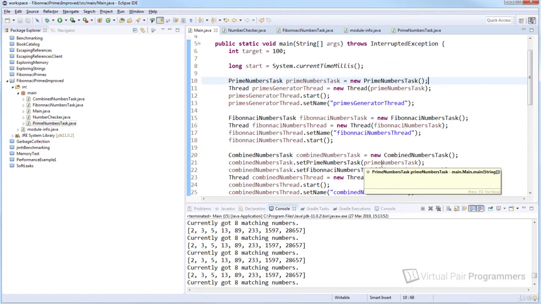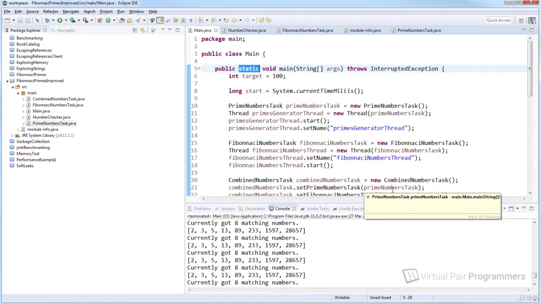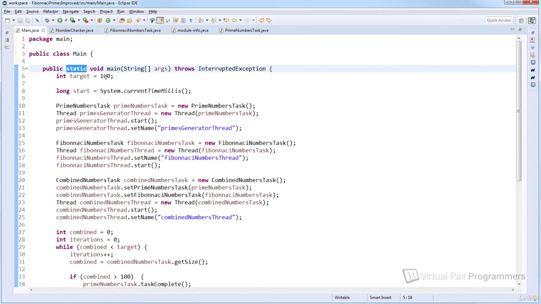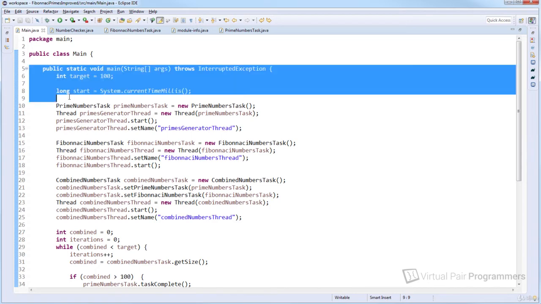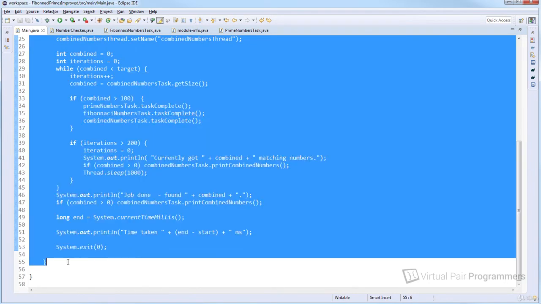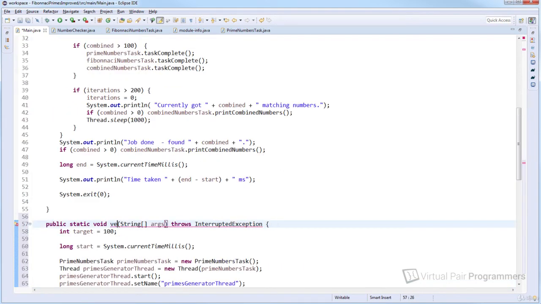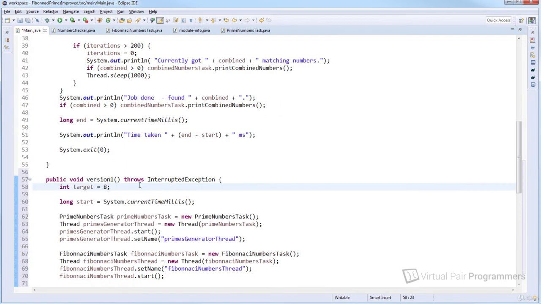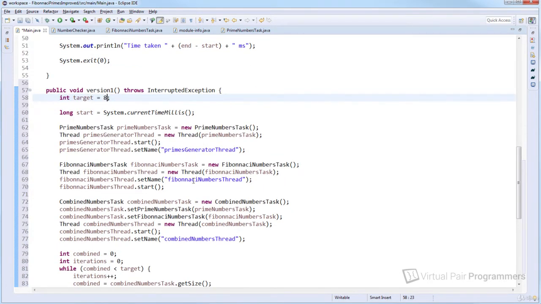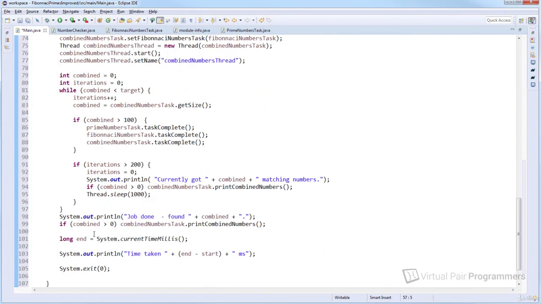So I said we want to create two versions of this main method, and actually this doesn't need to be static anymore because we're going to be instantiating it from JMH. So what I think we'll do actually is leave this as it is, but let's create some versions that aren't static that we're going to call from JMH. So I'm going to copy the whole of the method, and we'll create version 1. So we'll call this one version 1, and we don't need the word static in there anymore. The target should be 8, that's what we're trying to test, and we're going to call version 1, so I don't need to do anything else in here, but we'll also create version 2,